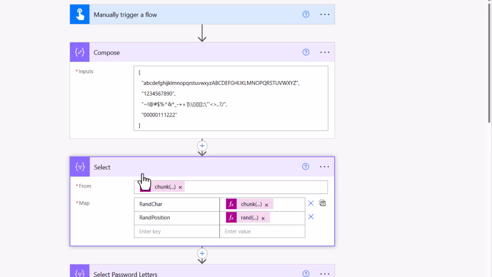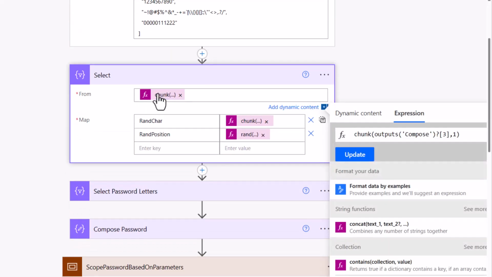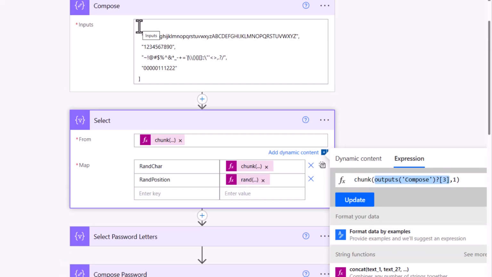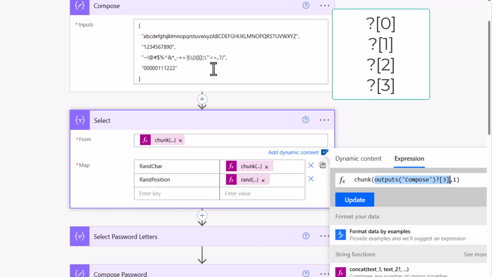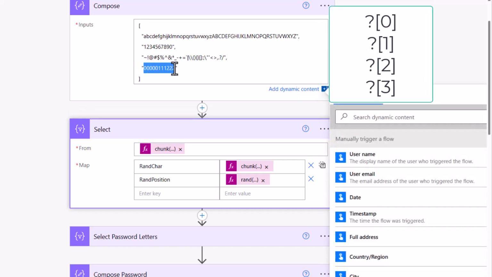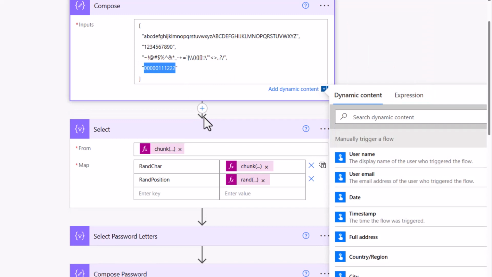So if we jump into our select, we're going to use chunk, which we've already seen, but rather than chunking a string, we need to select that specific string, and we do that by using the integer index, which we can see here as number 3. So based on this compose action, we start with integer 0, 1, 2, 3. What we're doing is we are chunking this string here, 0, 0, 0, 1, 1, 2, 2, 2. So we'll get an array of all those numbers,